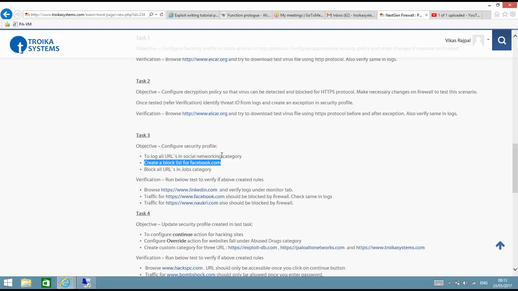So we should be able to see the logs. And Facebook should be blocked by the firewall. And Naukri.com should also be blocked by the firewall because of this third category. So let's go to test machine